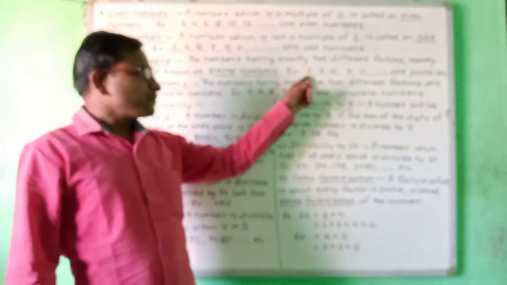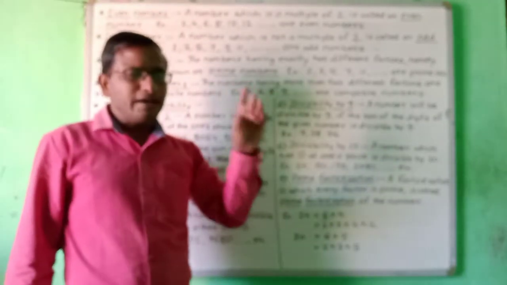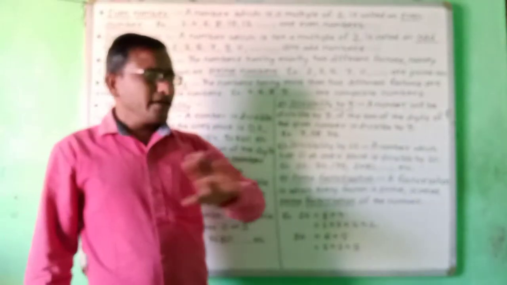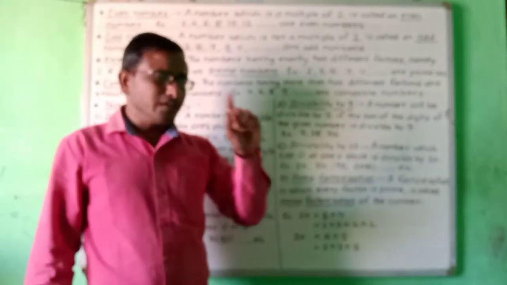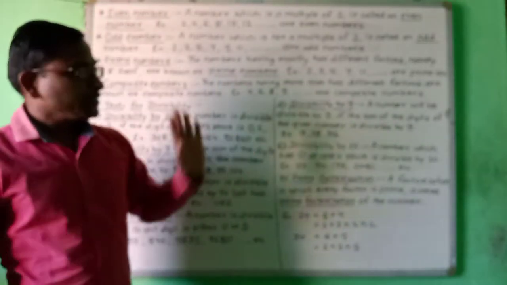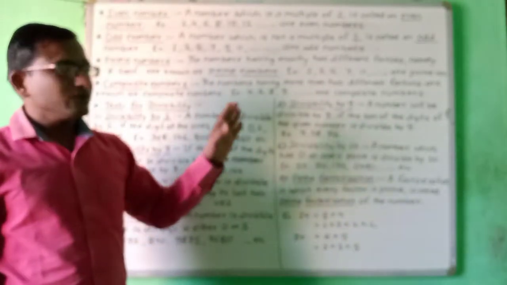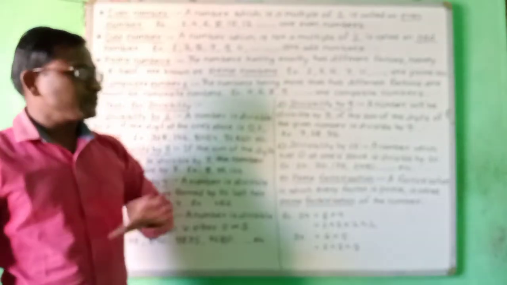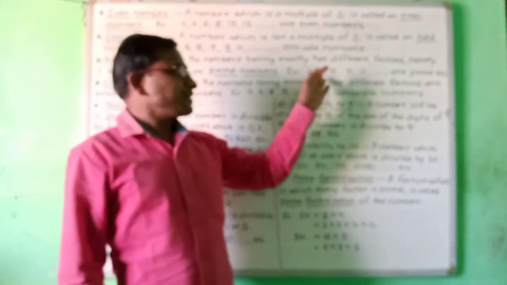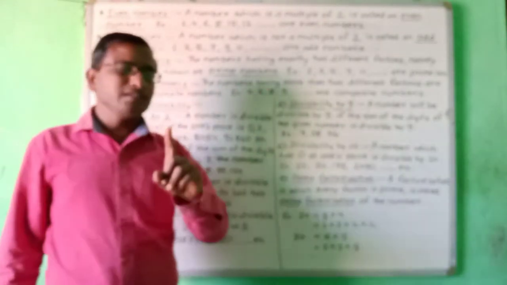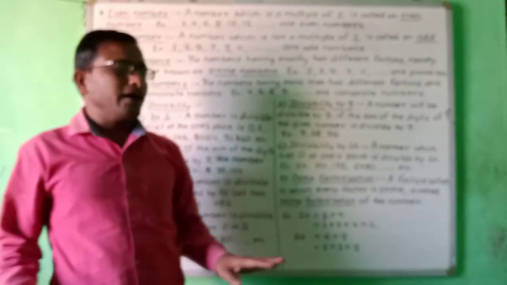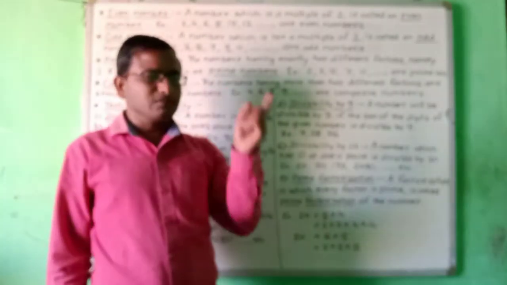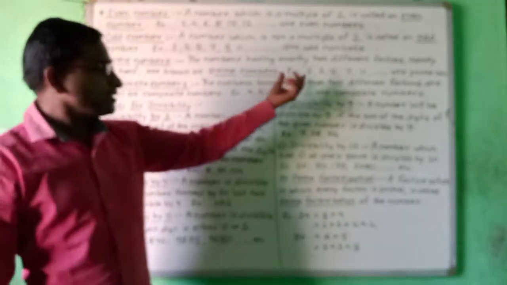See here, the factors of 2 are 1 and itself. Any number from the table of 2 is not present in 3, and also not present in 4, only 1 and 2. The next example, take 3. 3 is present in 1 and 3, not present in 4, 2 or 5. So only 2 factors, 1 and itself. So these numbers are called prime numbers.